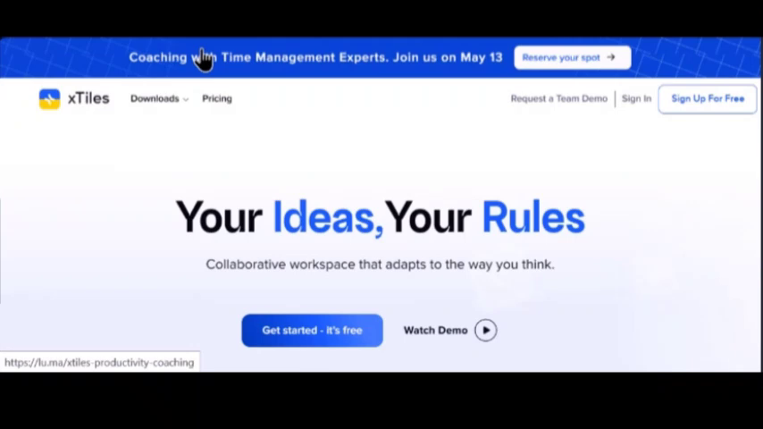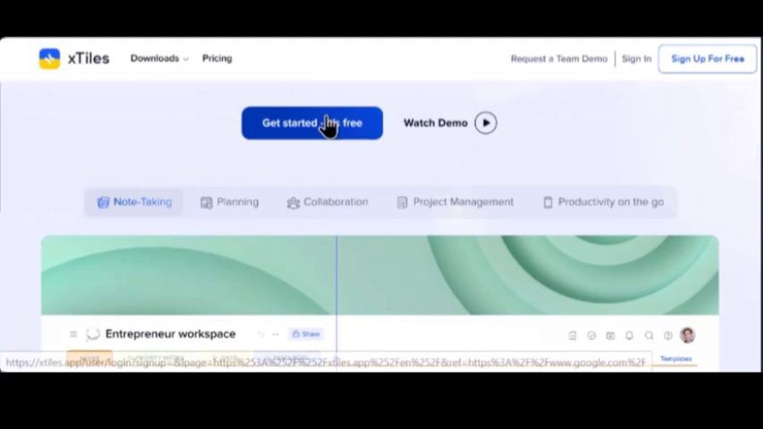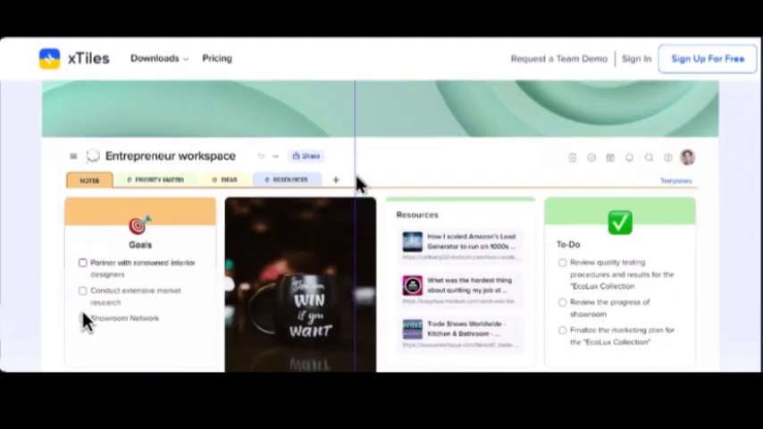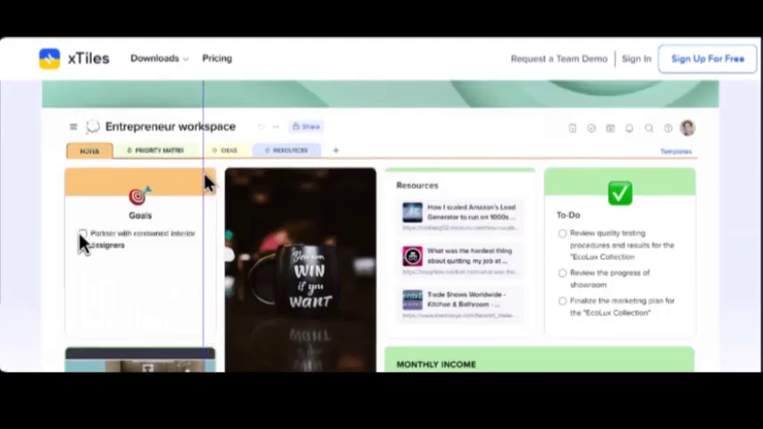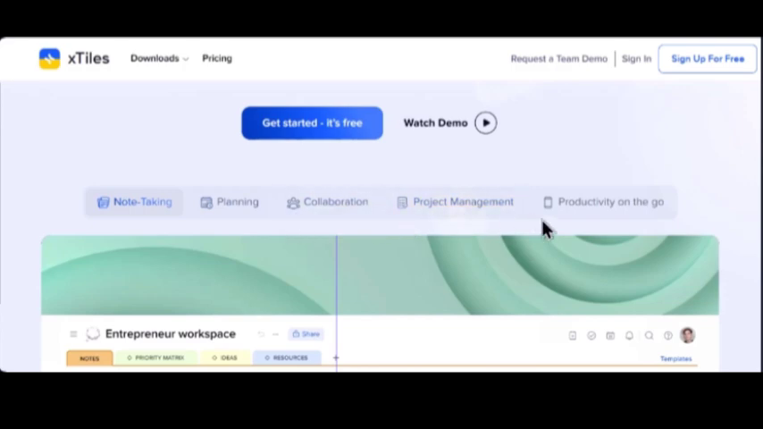Are you struggling to stay organized? Today we're comparing two powerful productivity tools, XTiles and Mem AI. Which one will boost your workflow? Let's find out. When you look at what they are best for,